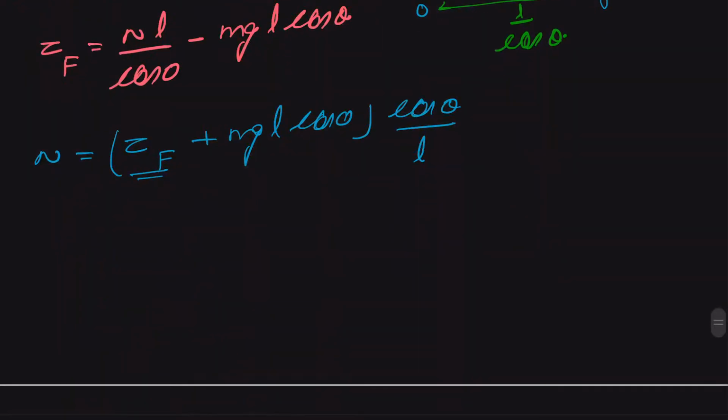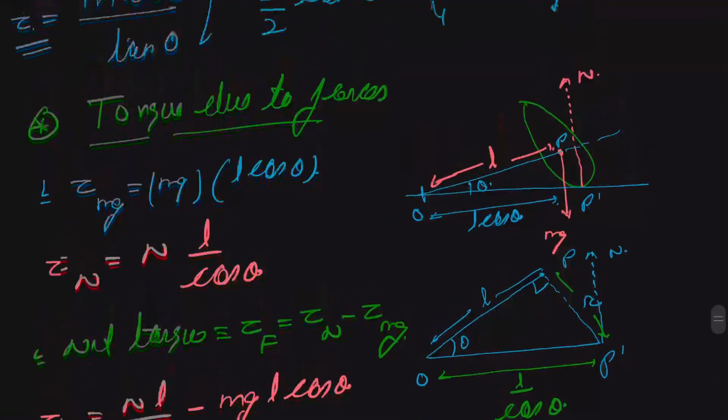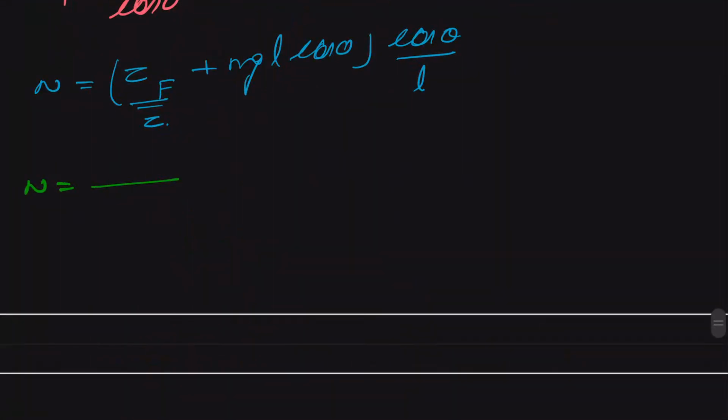This is nothing but our tau, and we simply substitute the values for tau. So we get our normal is equal to mr square omega square tangent of theta,